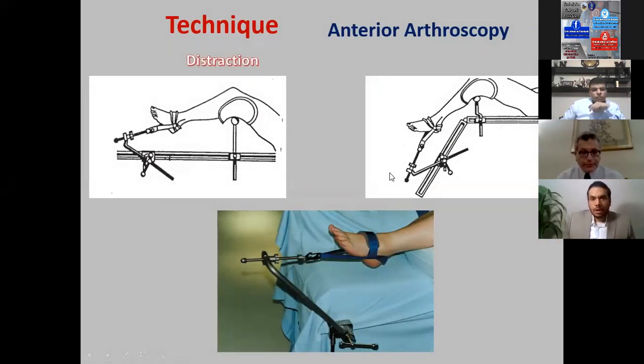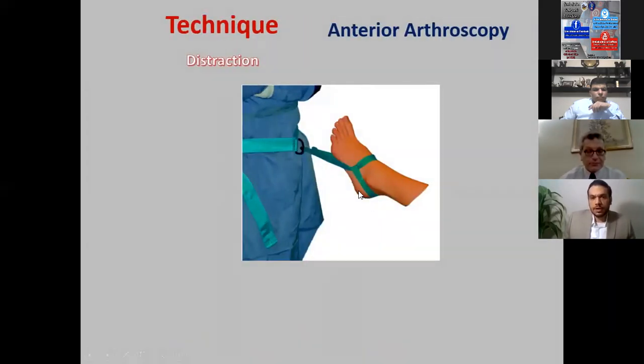When distraction is needed, the invasive distraction is no longer a necessity. Non-invasive distraction is usually sufficient, either by a distraction device fixed to the operating table, or alternatively, a sterilizable strap is attached to the ankle and fixed to the waist of the operating surgeon so that he can apply distraction whenever he needs by leaning backwards. And he can also use the distraction and dorsiflexion alternatively by just relaxing the traction and leaning forward with the abdomen to put the ankle in dorsiflexion to increase the anterior working